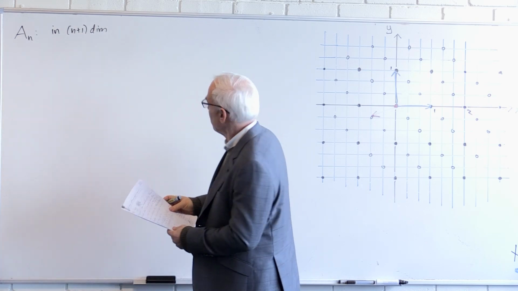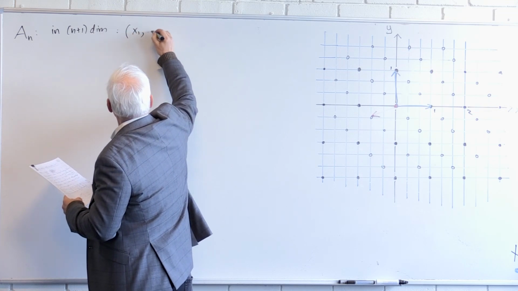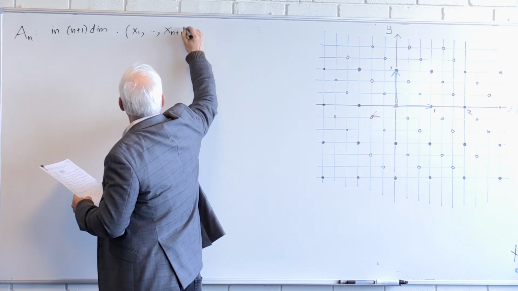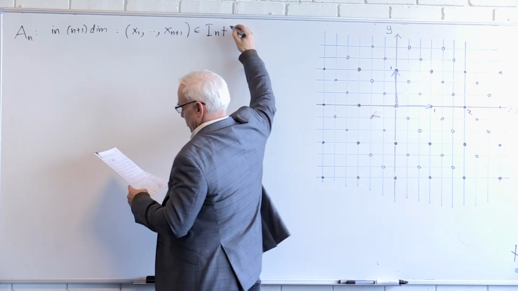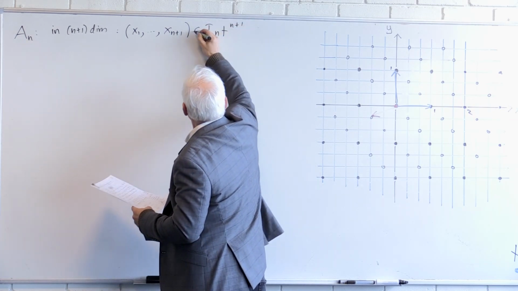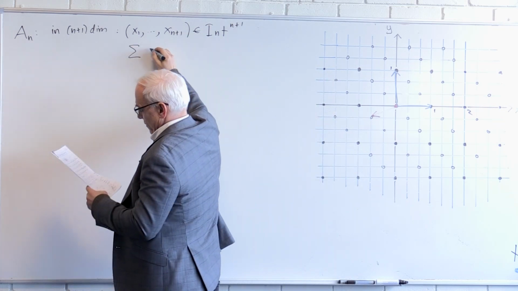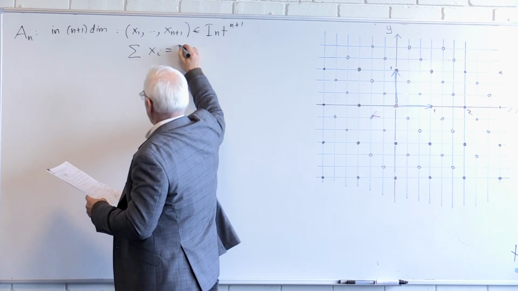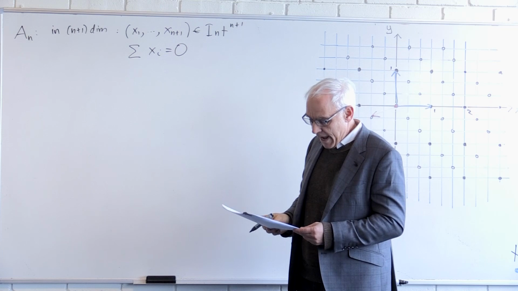So in n plus 1 dimensions, you look at vectors x1 through xn plus 1, and they're all integers. So I'll write integer to the n plus 1, with the condition that the sum of the xi's is 0. That's the AN lattice